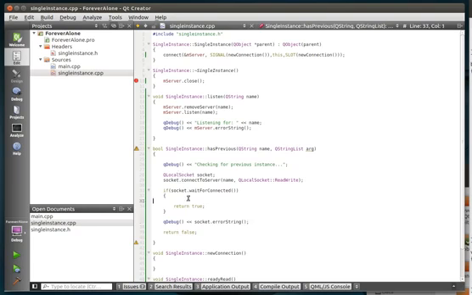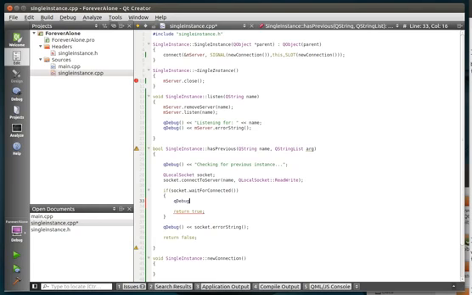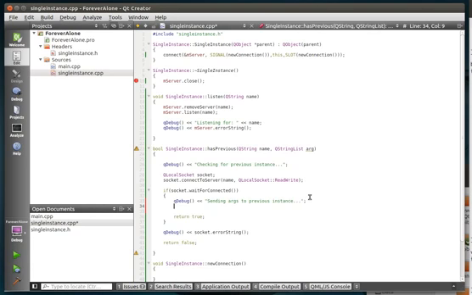Now, we want to actually say sending args to previous instance. So we're going to actually send the program arguments to the previous instance here. And we're going to do that through, well, a buffer. We're going to say QByteArray buffer,